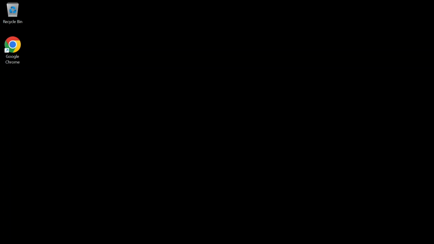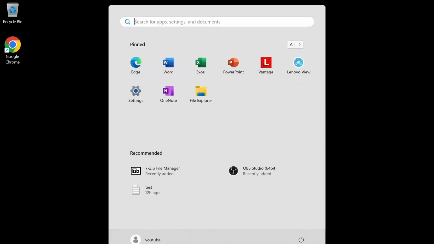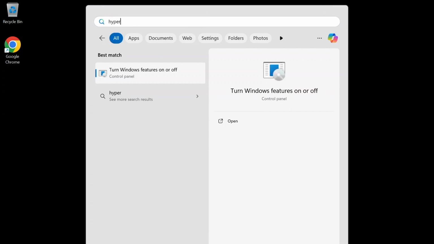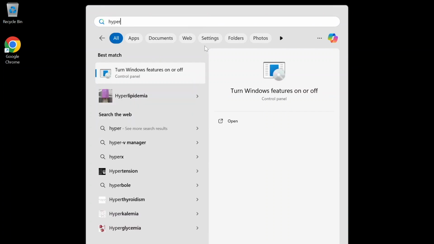For this exercise, I'm using laptop LENOVO X1 Carbon with Windows 11 with 32 gigs and Core i7 processor. Okay, so the first step is to configure Hyper-V to enable the feature. So click on Start, type Hyper, click on the feature,